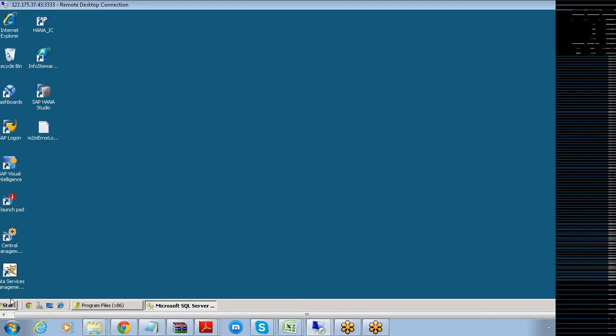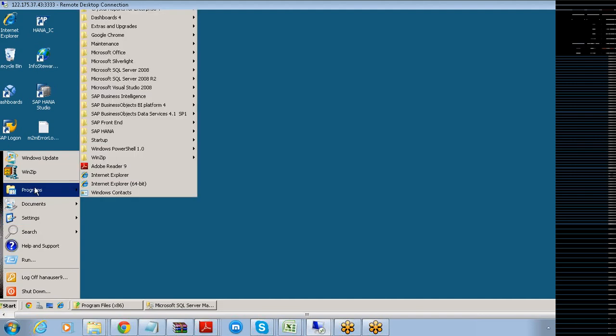Now, what I'm going to do is start one more server. That server is nothing but your SAP Business Objects CMC. CMC stands for Central Management Console, which is the administrative tool of Business Objects, for the purpose of registering your repository to BODS. That is the part we are going to see right now.